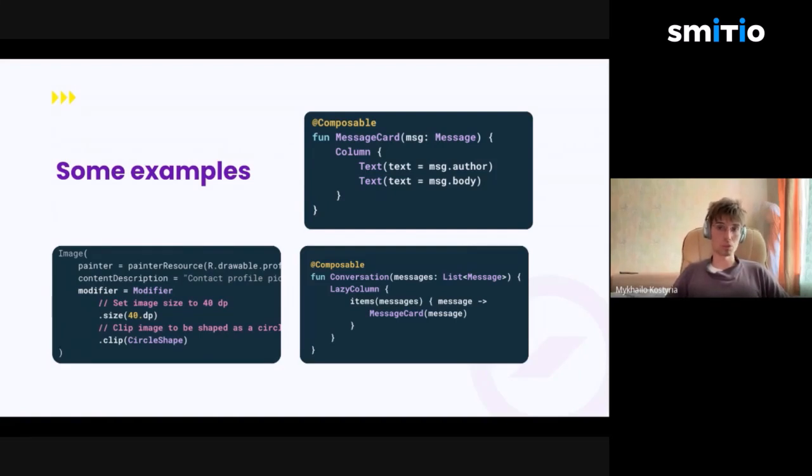Basically, what's a composable function? It's pretty much a regular function in Kotlin code, the same function you were always writing, except it just returns a UI element to your parent composable, and it is displayed on the screen. That's pretty much it. So the stuff you see, for example, in the top right, you can see a message